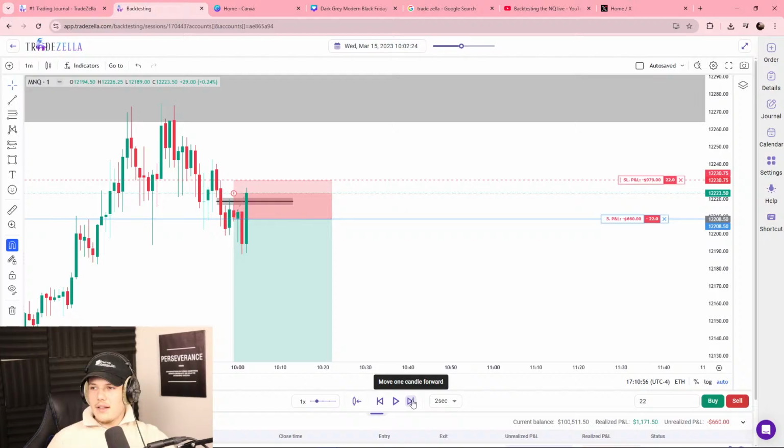Ooh, I clicked too fast. I was literally mid-sentence saying a nice body below these lows would let me drag my stop loss here. So I would have got stopped out at half risk, but it looks like I'm probably getting stopped out at full risk because I clicked the fast forward button too far. But for me in this trade, when I see price action body below a low like this, I would drag my stop loss to trade that trade into the fair value gap and trade it away.